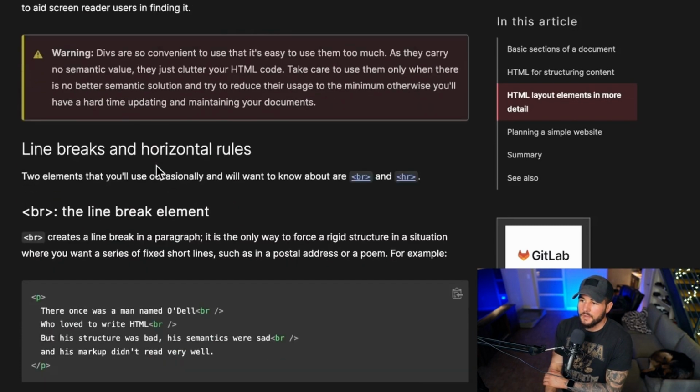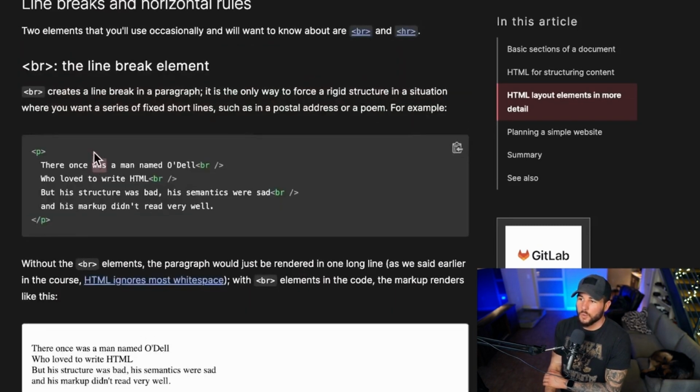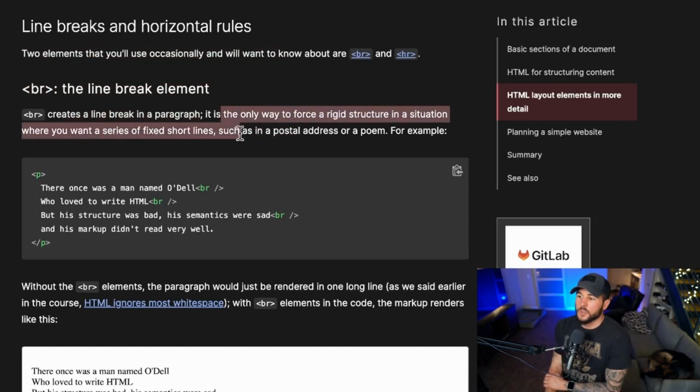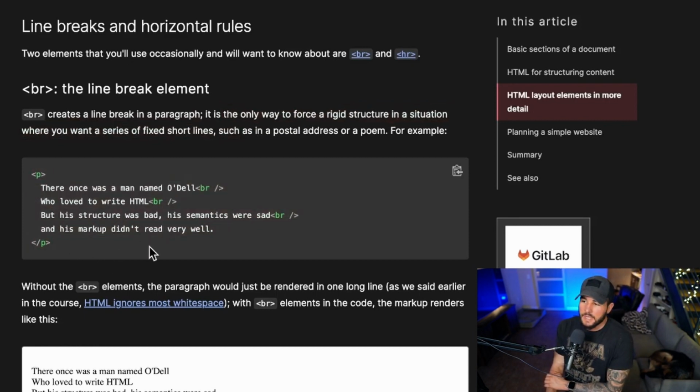Now you also have line breaks and horizontal rules. So for these, it mentions that two elements that you might occasionally want to use are the BR and HR elements. So the BR element, the line break element, creates a line break in a paragraph. It is the only way to force a rigid structure in a situation where you want a series of fixed short lines. So in this example here, they're saying this is a poem, and if you want to add a